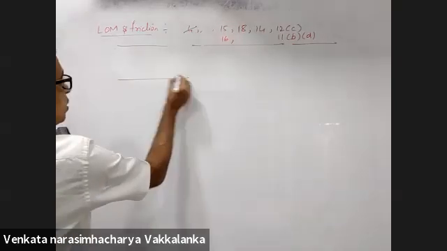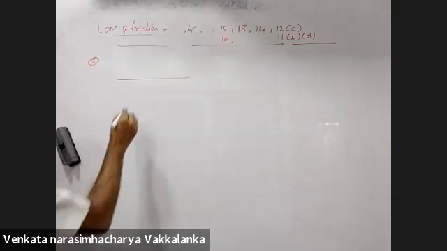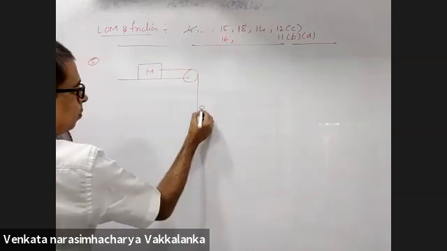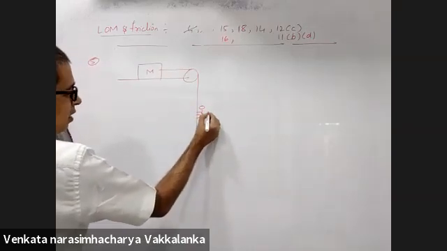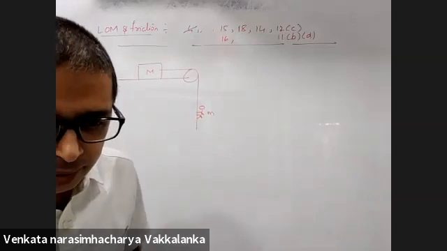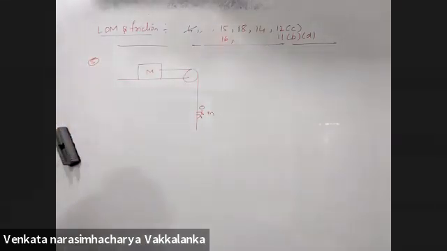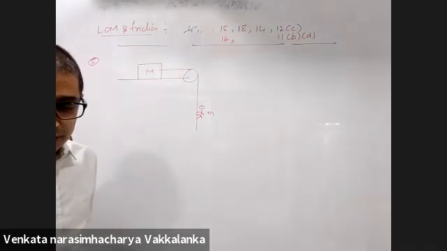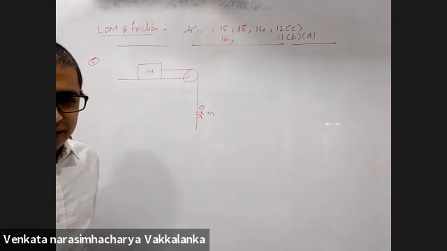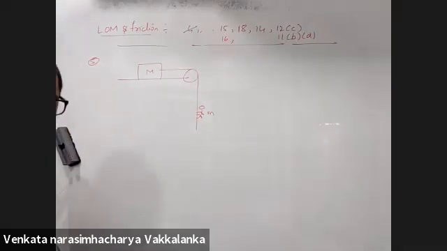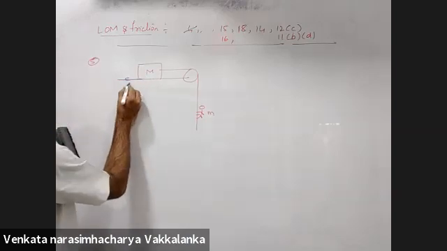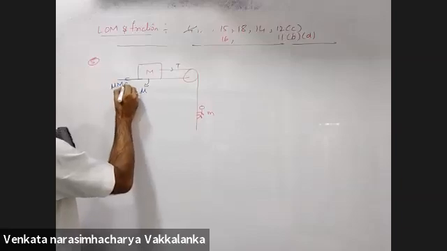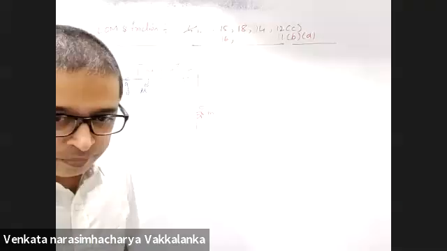Now in the fifth question, have a look at this. This is the mass capital M. This is a rope. And there is a monkey. A monkey of mass m clings to a rope hanging over a fixed pulley. The opposite end of the rope is tied to a mass capital M lying on a horizontal table. The coefficient of friction between the weight and the table is mu. Here this is mu. This is T. Mu capital Mg is the frictional force.